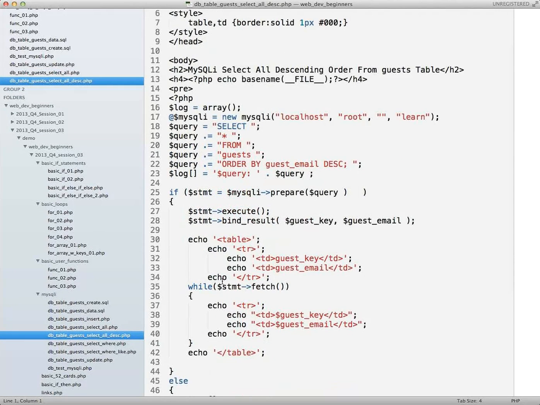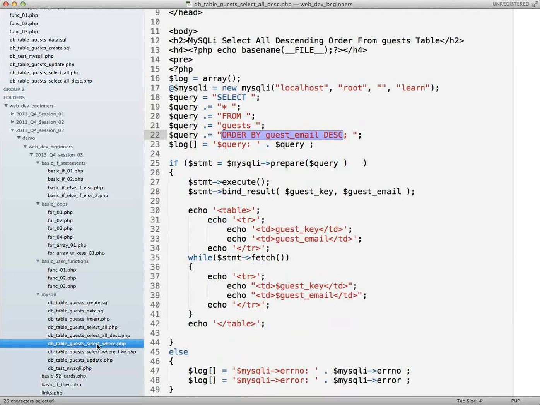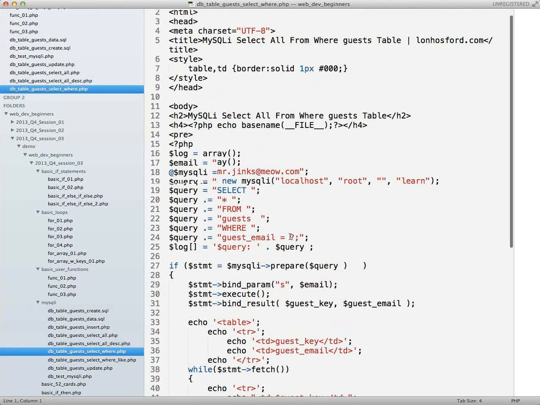Well, this one, there's not a big growth on this one. It's just adding in the ORDER BY. That's all that one does. So it's just sorting it by a field. And this will give you some growth. Okay, so this one,